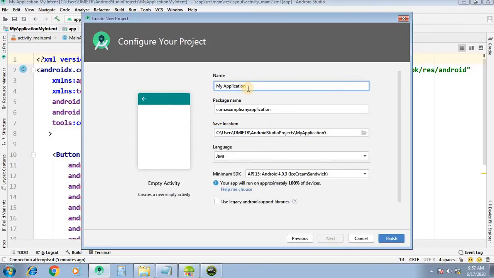My application SCR, the name which you want to give, language is Java, API level is 15 and finish.